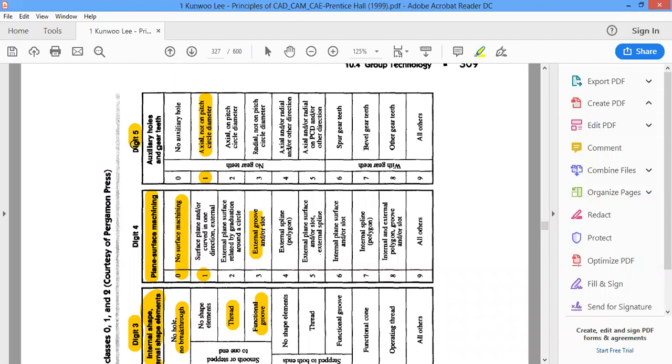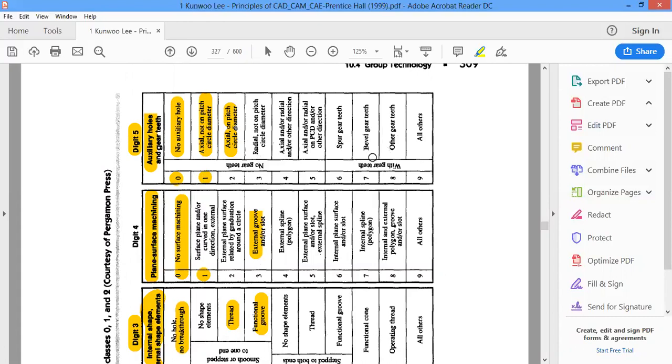And the fifth digit covers the auxiliary holes and gear teeth. If there is no auxiliary hole, then they use 0 as the code. If the holes are auxiliary, then 1. If there's an axial hole and a pitch circle diameter, then they go for 2.